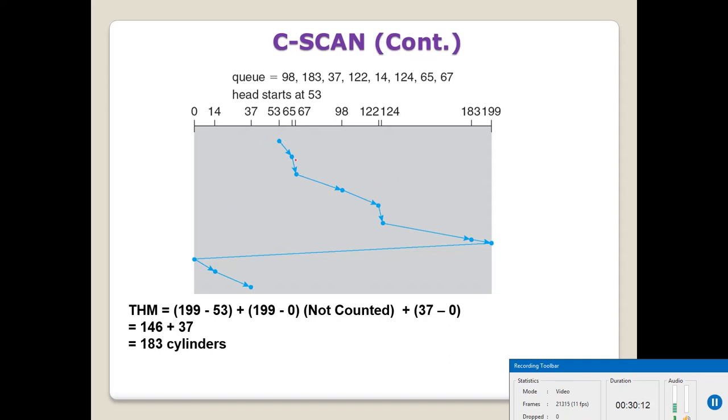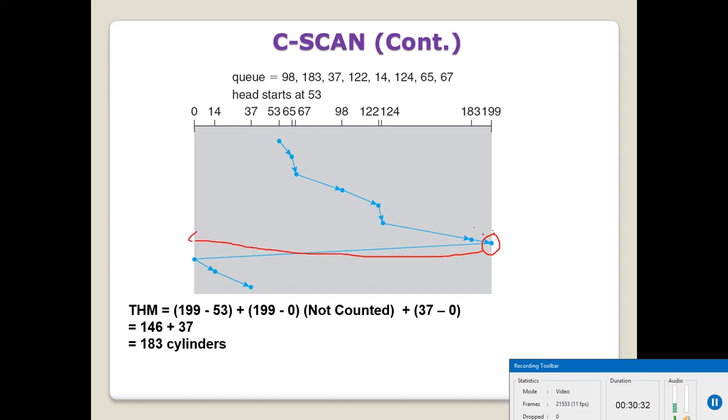So from 53 to 65, 65 to 67, then 98, 122, 124, 183 and 199. It will move to this extreme end. Now from 199 it will not service the other requests, rather it will move to the 0 location.